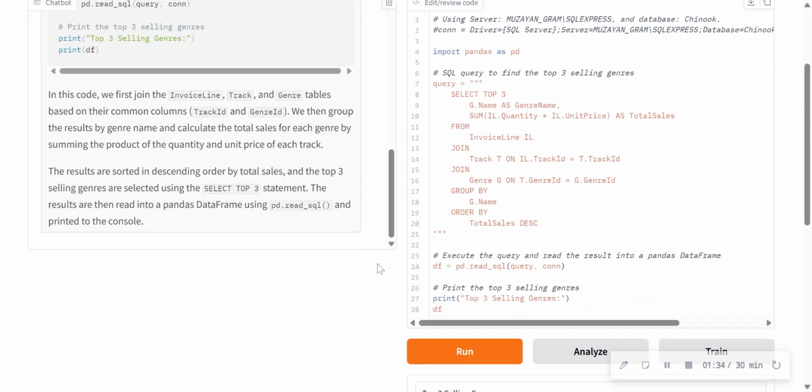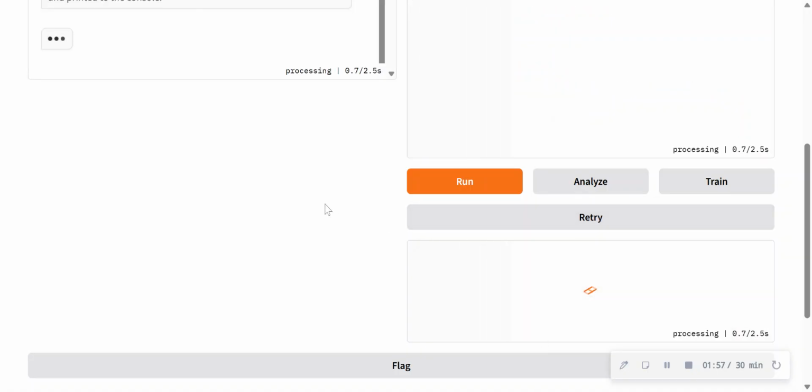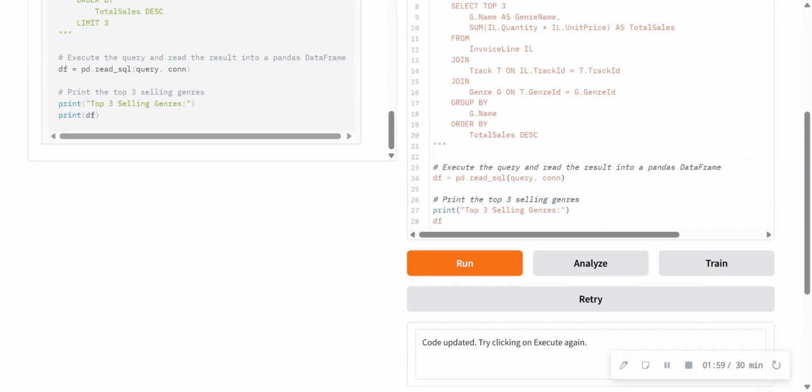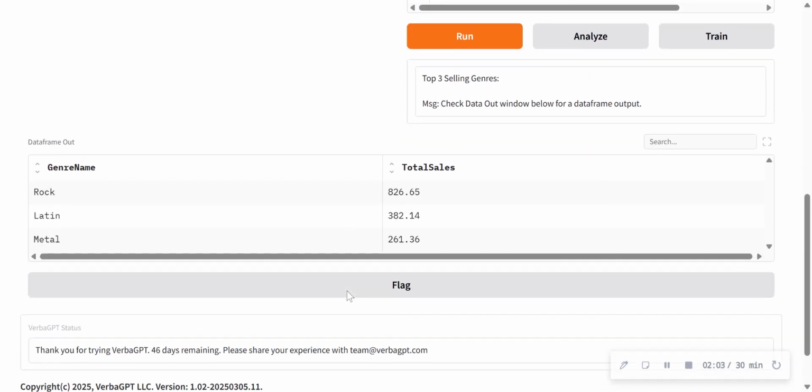And let me demonstrate another thing. Let's say I do something wrong here. Let's say I leave this blank, so it's just stop. So I made an error here, and try to run it. It gives me an error here. And then I can click on the retry button and it will try and fix this error. See, it fixed it. Now it's back to top three,